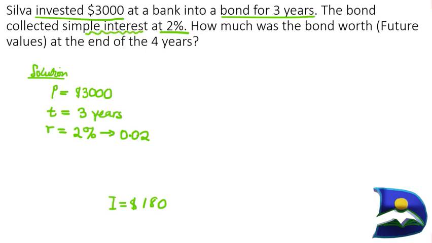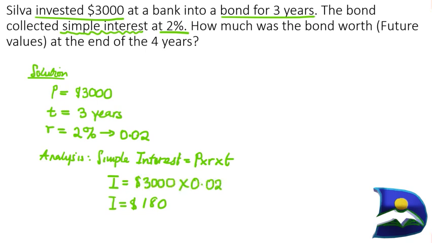Once we have that, we need to take this into account. It says simple interest, it doesn't say compound interest, which means we are doing this interest calculation once. So we're going to perform this calculation, P times R times T, which gives us the interest when you multiply your $3,000 by 0.02 by 3. In this case, your interest will give you